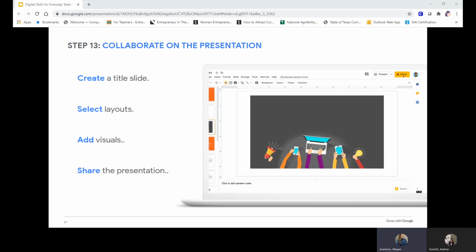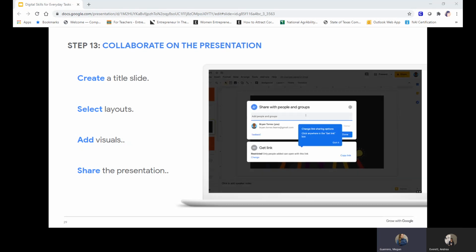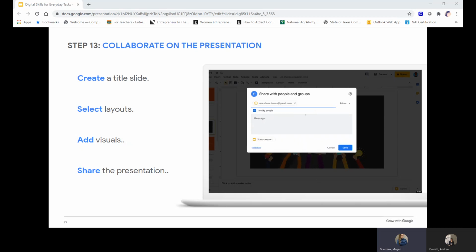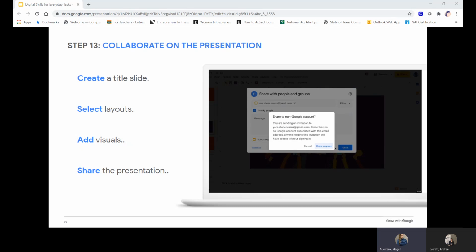At this point, you've built a slide deck to support your presentation. You've selected layouts, customized text, and added charts, images, or other visuals to enhance it. Now share the presentation. You might want to share the slide deck with your team to get their input, or you can make it available to everyone who will be in the audience. You can even embed the presentation on a web page.